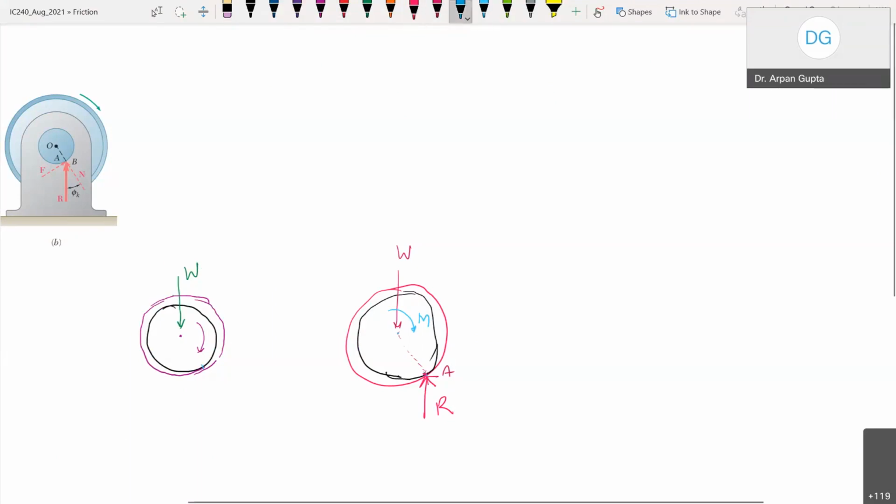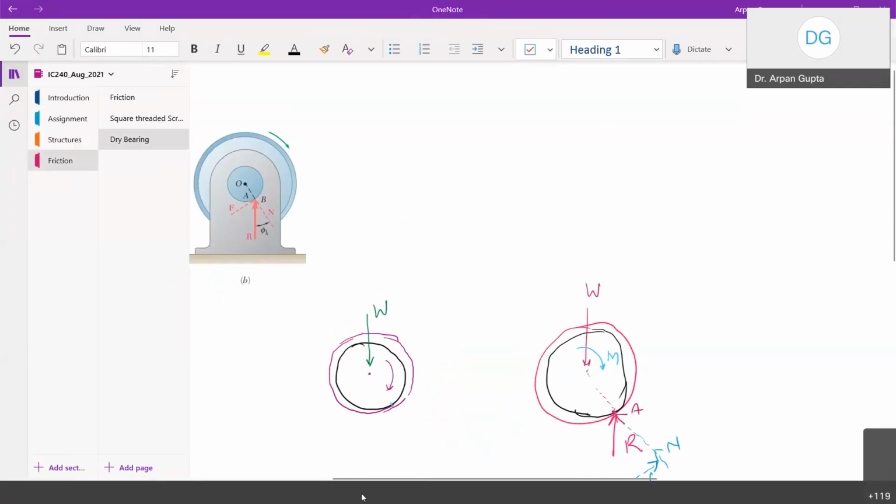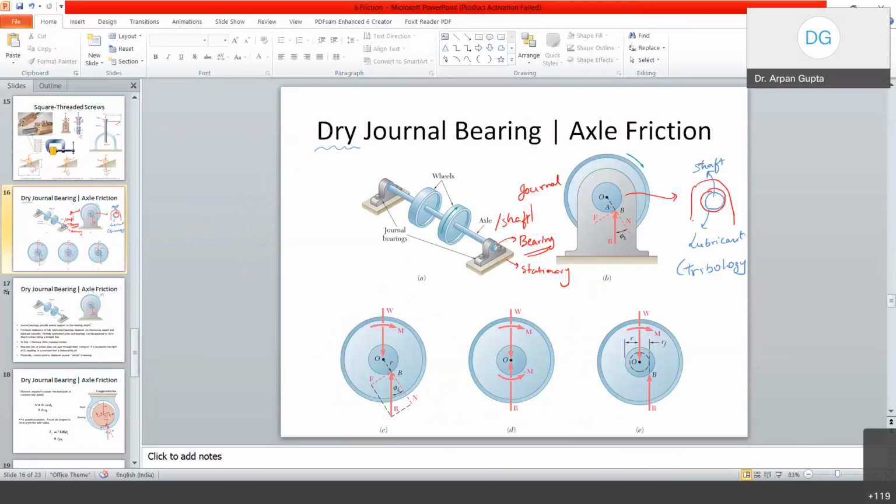This resultant has two components. One is the normal reaction, which is in this direction, and then there is a friction force F. So it has a normal reaction and a friction force, which add up to give you a vertical reaction R. Now this balances the forces in the vertical direction. W is equal to R, but at the same time, W and R form a couple because they are separated by a distance. Therefore, we have to apply an external moment M on the shaft to make it rotate at a constant angular velocity. So if you go to the PowerPoint again,